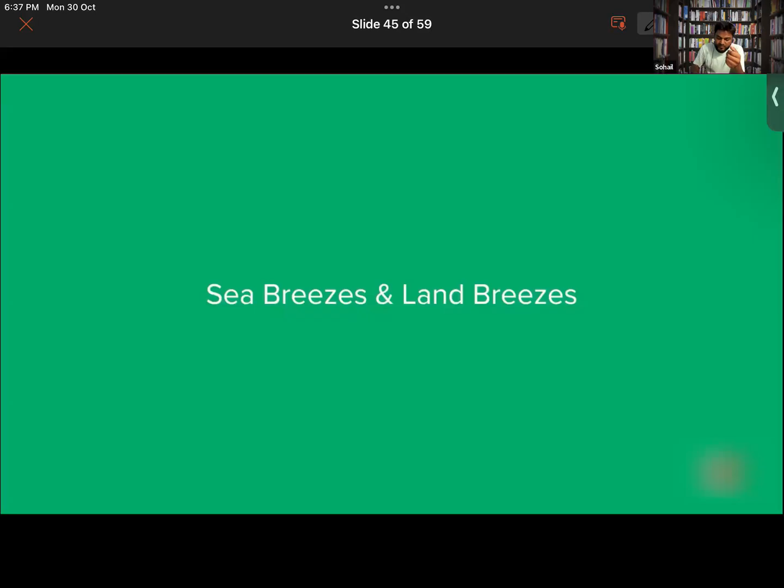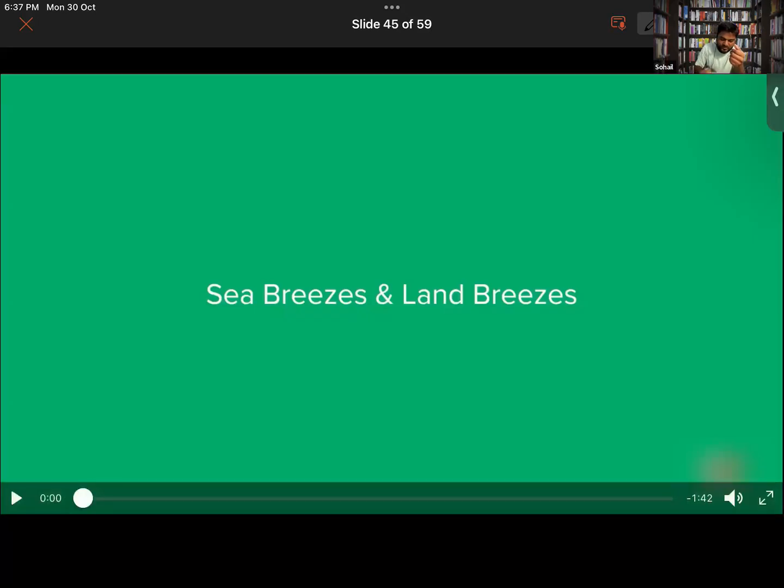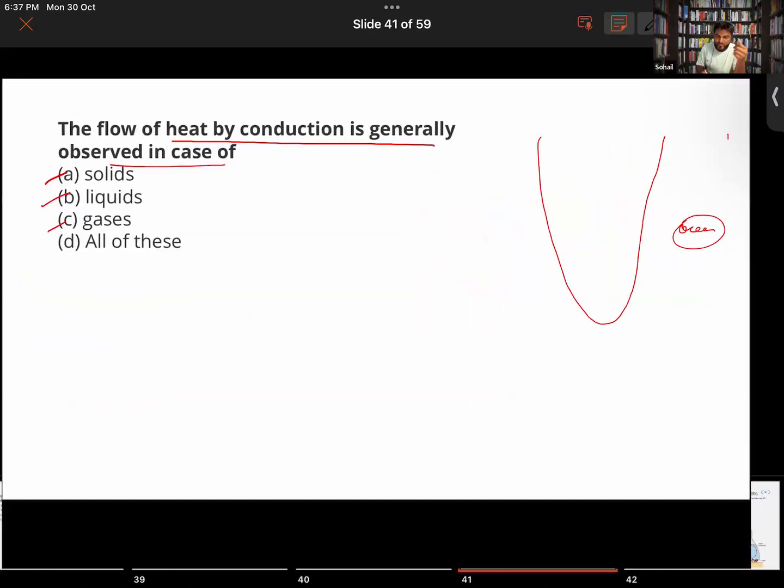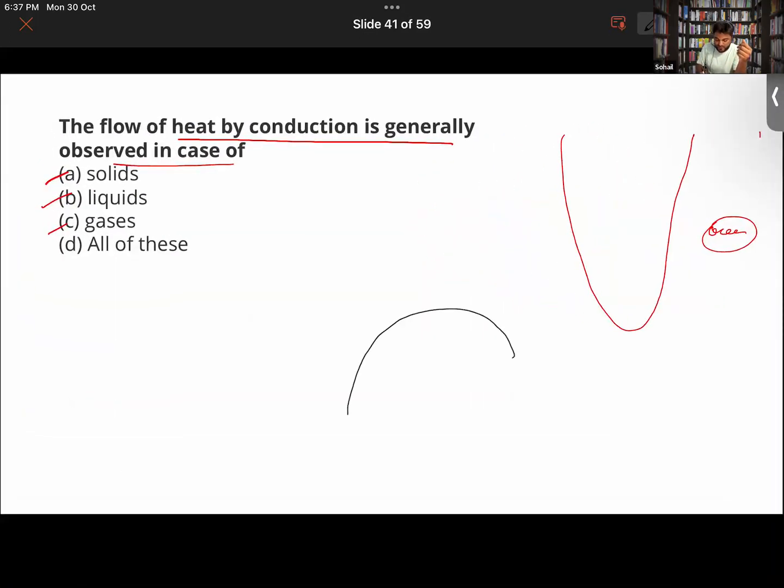If you look at the structure of an igloo, it somewhat looks like this. That is the entry, and that is the igloo over here. So an igloo actually helps us to keep our body warm.